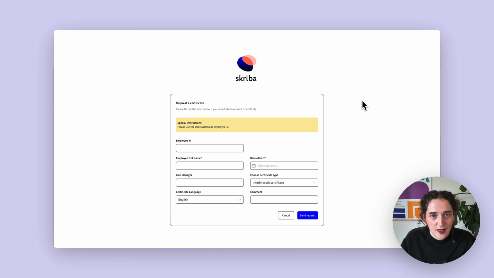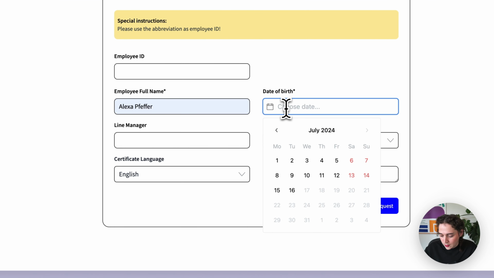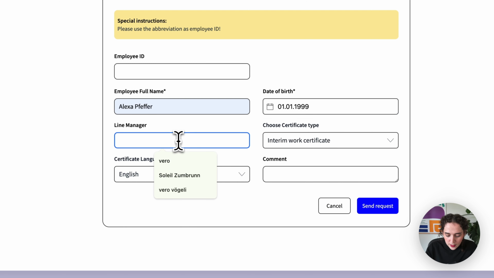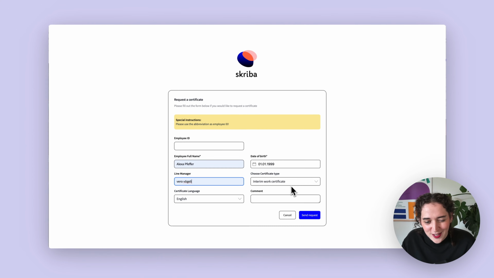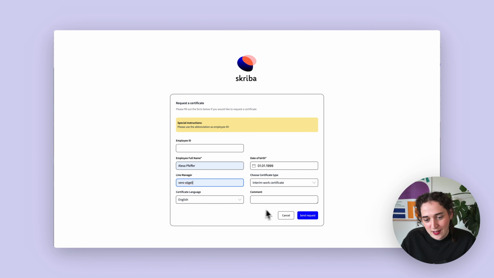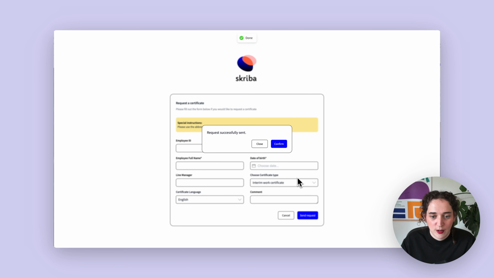So let's say Alexa wants an interim work certificate. She can make a request directly. She fills out her name and her date of birth. She then goes on to fill in the line manager, which is Vero Fögeli, and she wants an interim work certificate, so that's already filled out. And in English, she can then send this request, confirm it, and in the background,